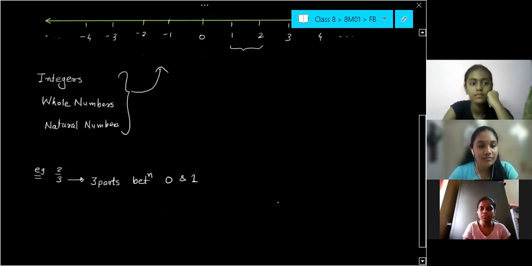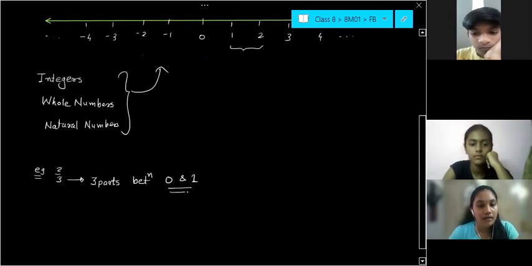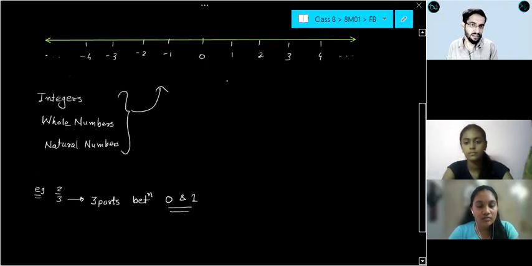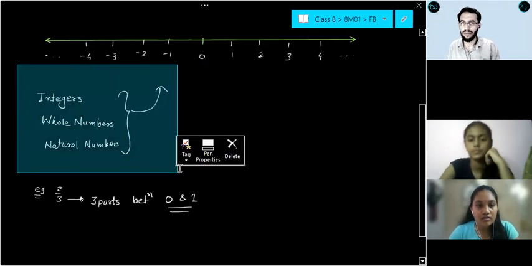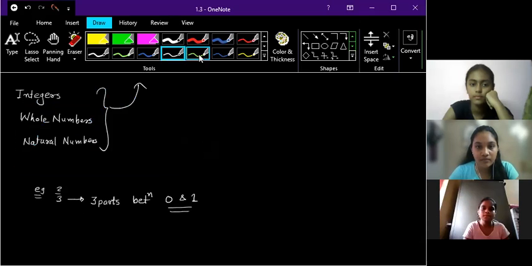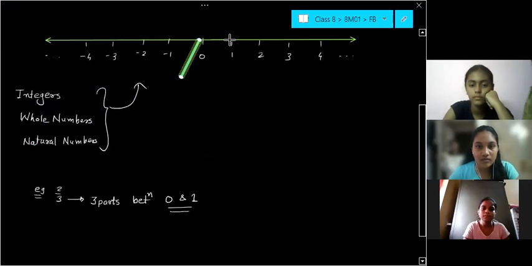Okay, I will explain later. First, you tell me. So that means between 0 to 1, I have to make 3 parts, correct? Yes, sir. Okay. So can I extend 0 to 1 here? Now, do you want to do it in the same number line, or first we can extend this 0 to 1 and then you can do on it? Sir, in the same number line we can do, sir. Okay, same number line we can do.